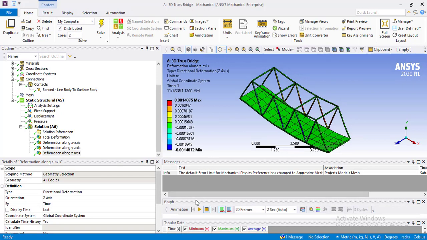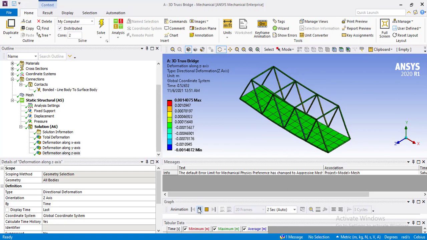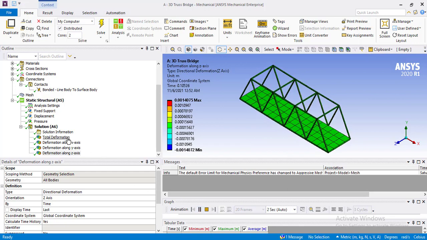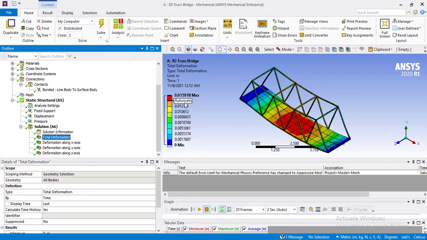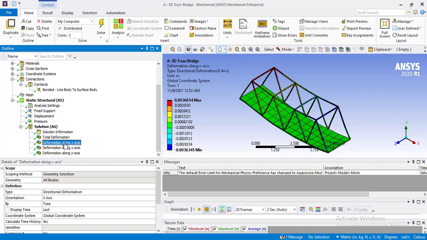Now you will be able to see the results. Click on the total deformation. You see the total deformation is 15.9 millimeters or 0.015 meters. Then similarly along X, Y, and you can see that the deformation along Y direction is maximum, and deformation along Z.